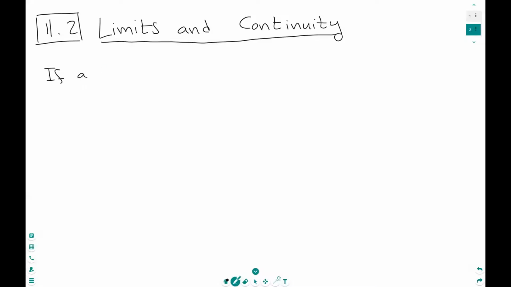If a function now has two or more variables,